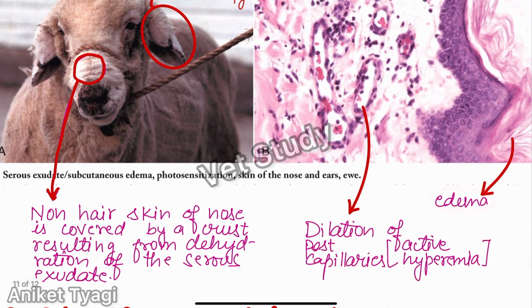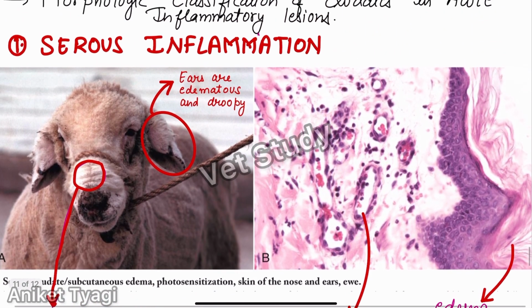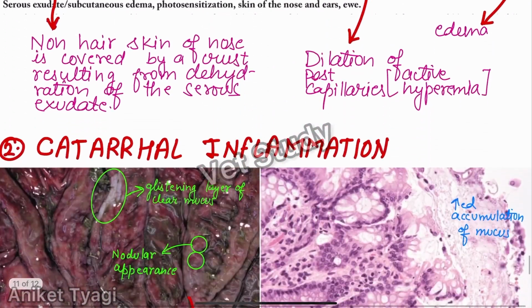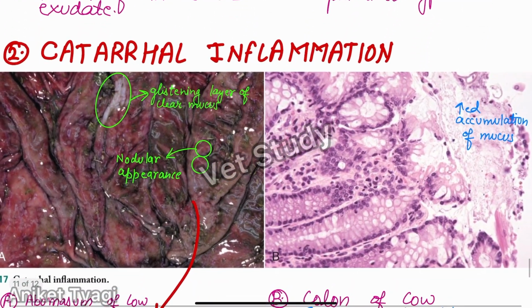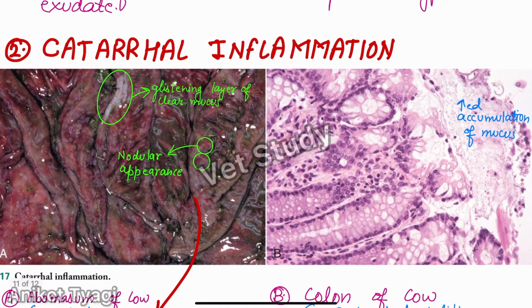You can see the edematous fluid. Edematous fluid appears pink. Our next part is catarrhal inflammation. Catarrhal inflammation is also known as mucoid inflammation, right? So catarrhal inflammation or mucoid inflammation basically is used to describe a pattern of acute inflammation in which